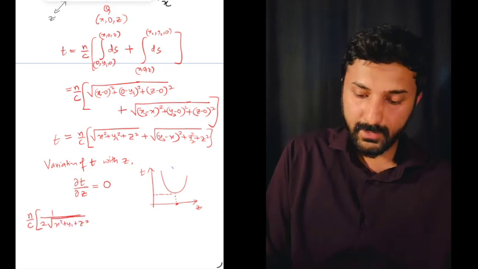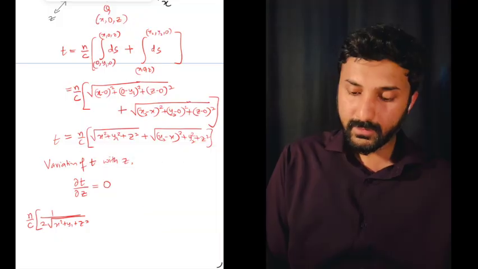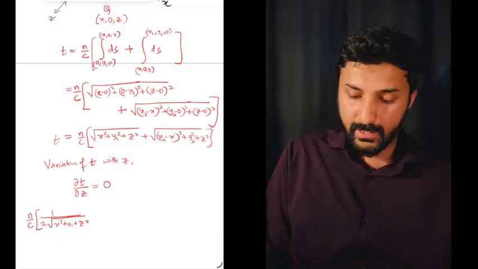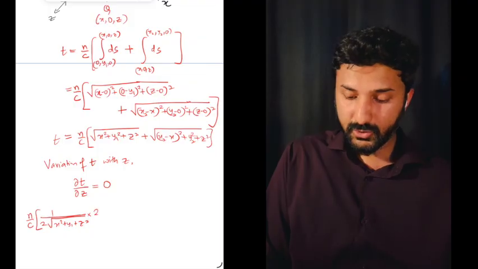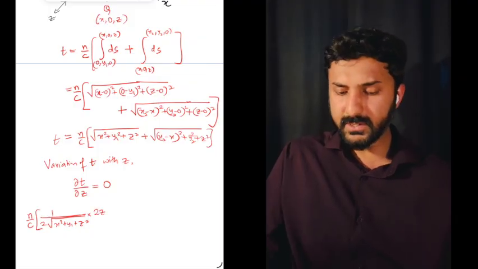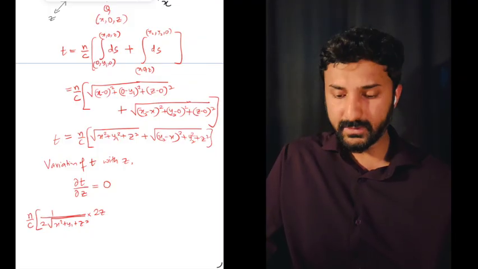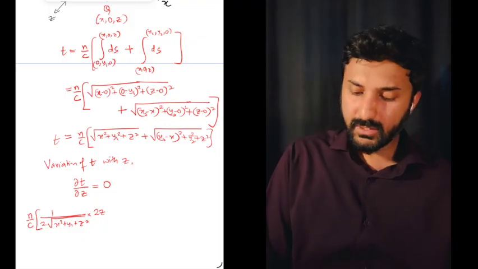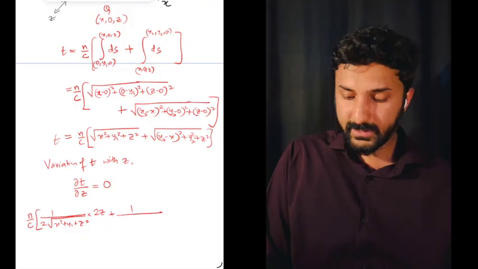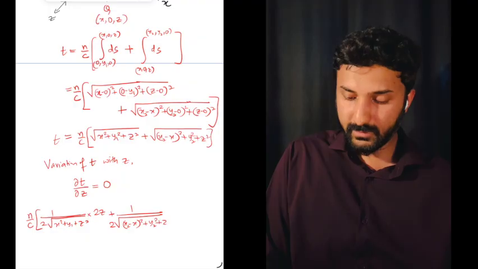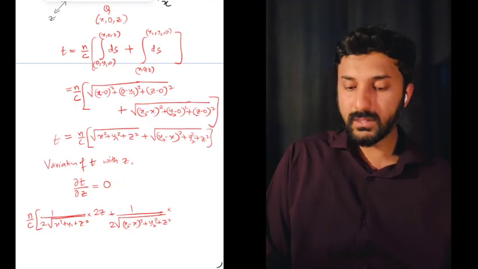I will for the moment get rid of this graph so it doesn't come in the way of our equations. And times, using the chain rule, it's going to be 2z, because all the other variables are treated as constants here, x and y1 and y2 and x2, these are all constants, right? Plus differentiating the second part as well, you have 2 times of whatever this square root is times